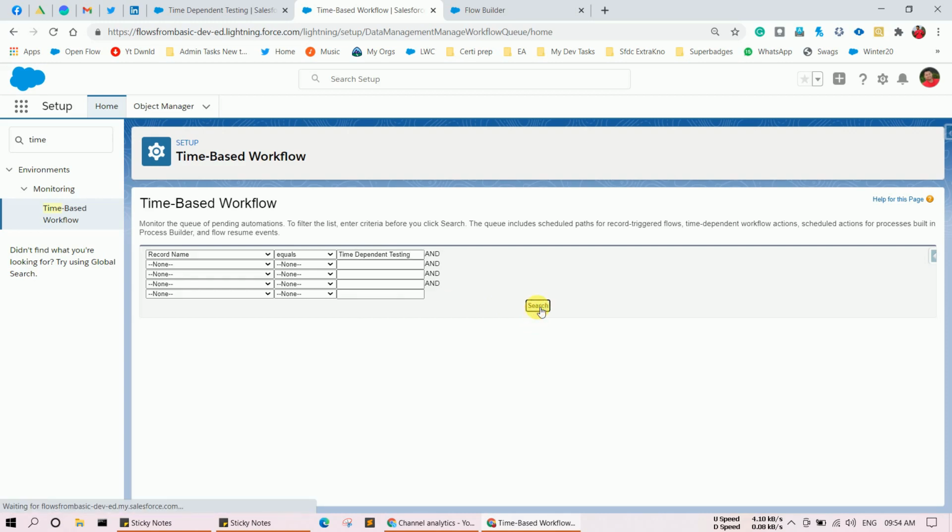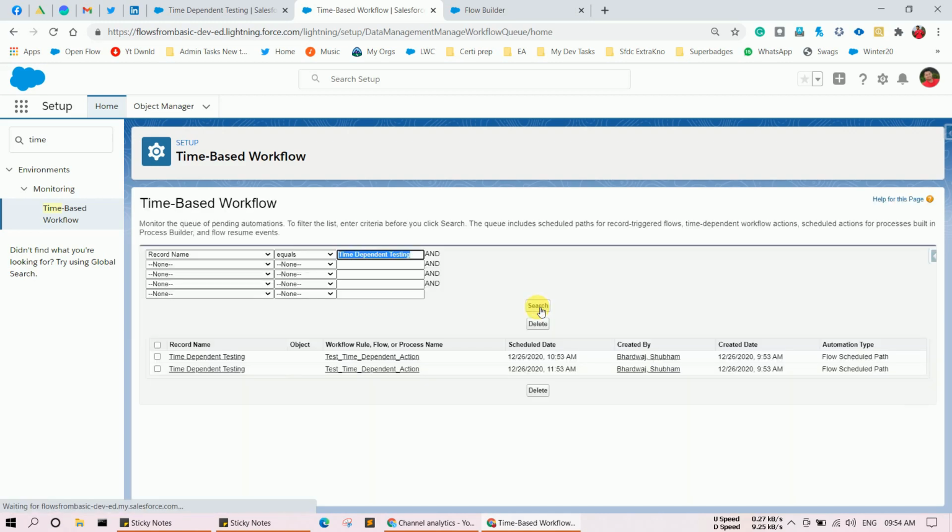Let's search. As you can see, there are two scheduled actions, and you can see the scheduled date. It is the same date, but you can see the time difference. Currently it is 9:54, and here you can see 10:53 and 11:53. So basically after 1 hour of record creation and after 2 hours of record creation.